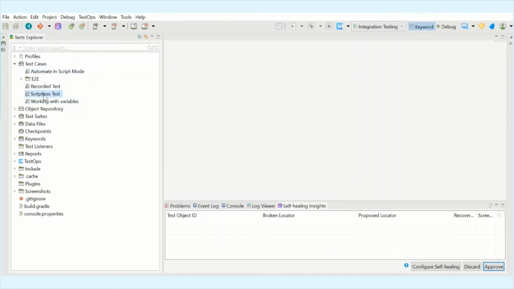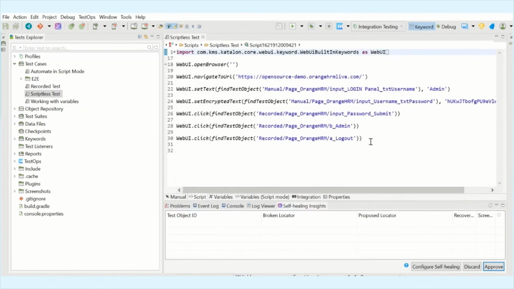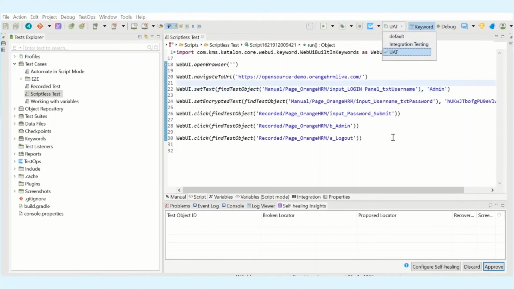I'll open a sample test case. Once you open the test case, you will see the test case is opened in the IDE part over here. Here you can add the steps, you can add the steps in script mode. This is where you will actually build the test case which you want to automate. Once you automate, you will select the profile where you want to run your test. The same test case can be executed in multiple environments. All right, so this is in brief about the test case folder.